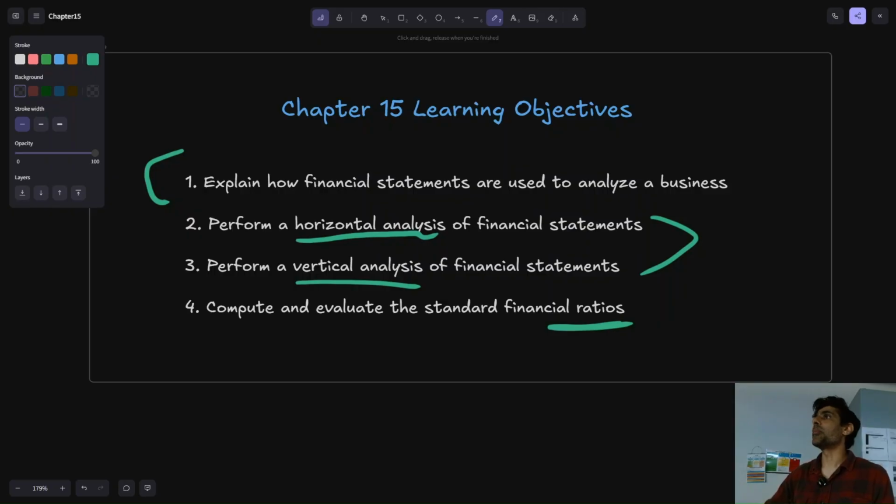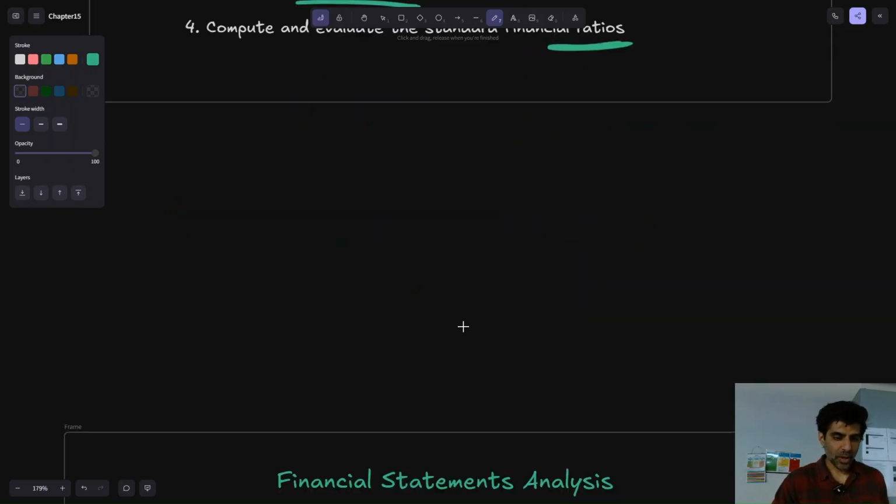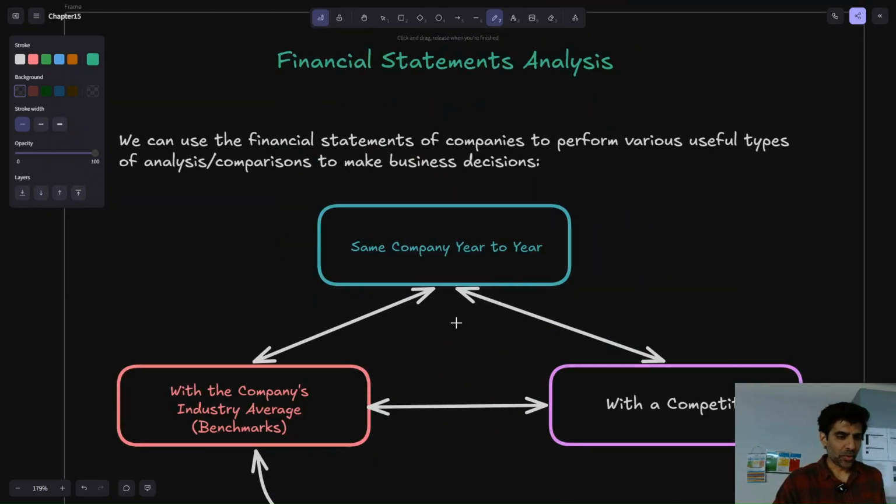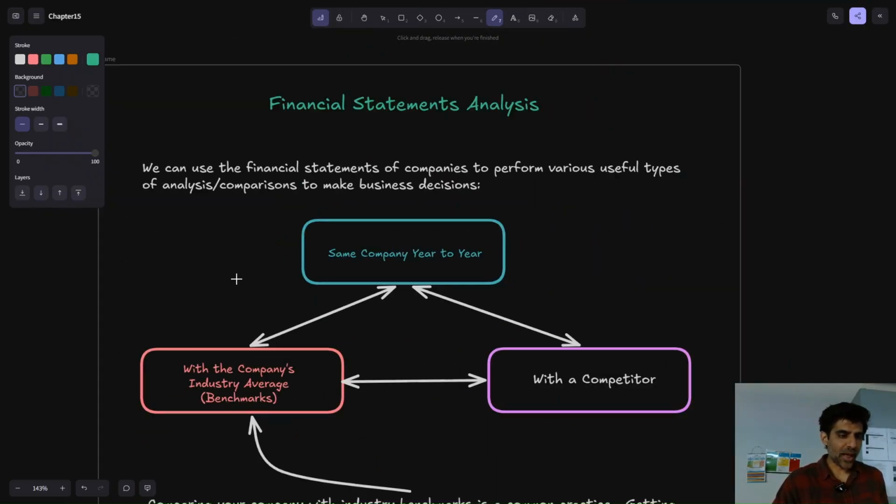It's interpreting them, contextualizing them. That's the hard part. And that takes a lifetime of practice and understanding business and experience. Okay. But at the beginning, it's just calculating the ratios and having a basic understanding of what they are. For this class, I think that's pretty good. Okay. So we'll just kind of start with that. Okay. So financial statement analysis,